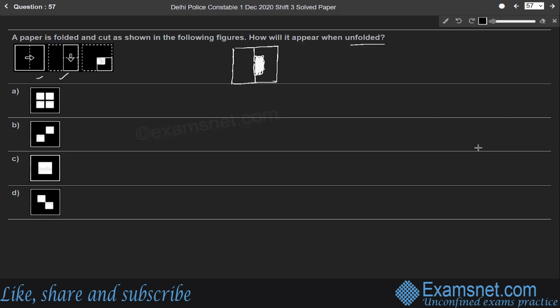So when once again it is unfolded, it looks like, yeah, like this. Like this. Right? Because the paper is cut at its edges like this, right? At one of its corner. So when it is folded, we will get a small square right here, a small square, right? So when it is cut in the shape of a small square at one of its corner like this,